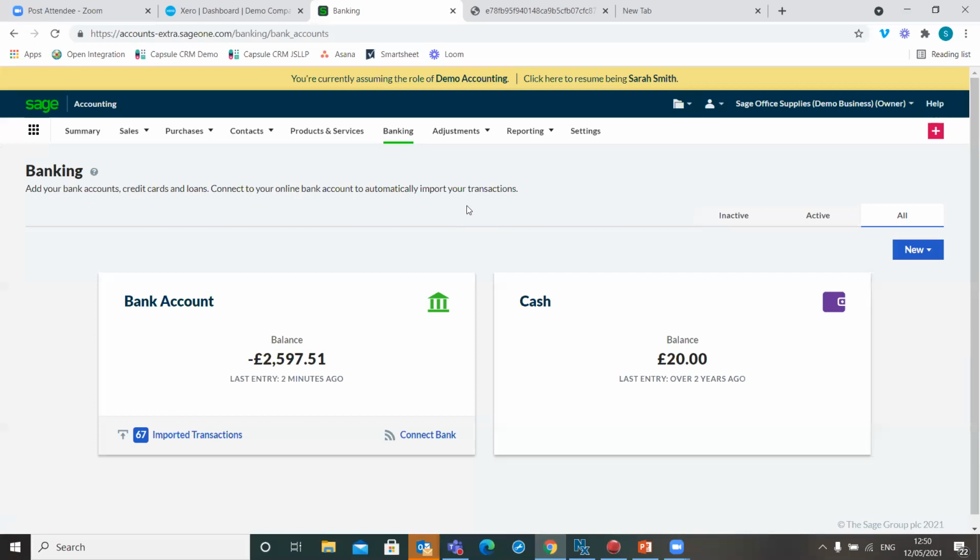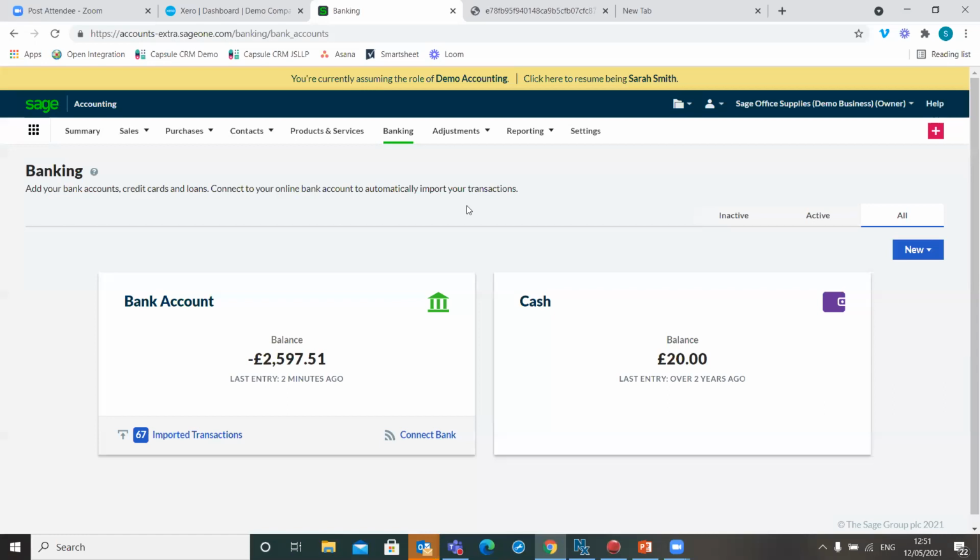If I'm a business that has quite a complex job management system, or a need for one, then what I would want to do is integrate that job management system directly with my cloud accounting software. So if I was assessing changing cloud accounting software, I'd ultimately be looking at, first of all, what integrations exist between Xero and my other business systems, or what integrations exist between Sage Business Cloud Accounting and